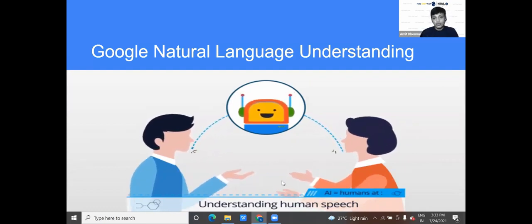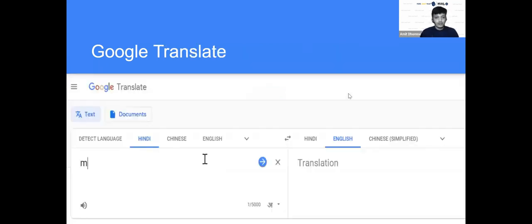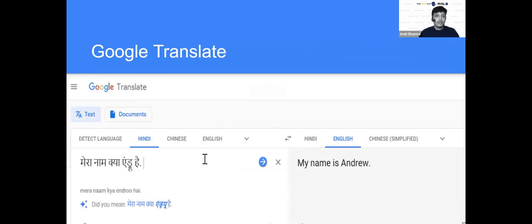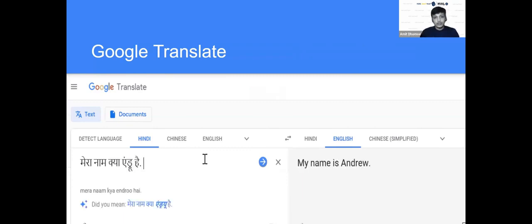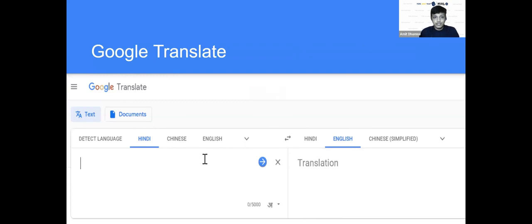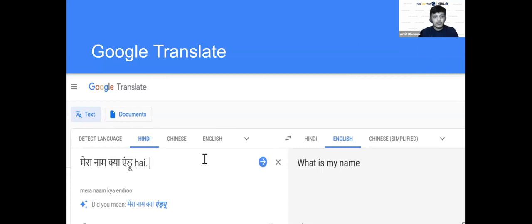And Google is not only working on Indian languages, but also on French, German and various languages worldwide, because the Google application is used worldwide, right? So this is one example. If you see how Google Translate works, this is one of the best applications of Google. Let me show you. Suppose you go abroad for study and you don't understand what they said, you can directly search it here in Google Translate.